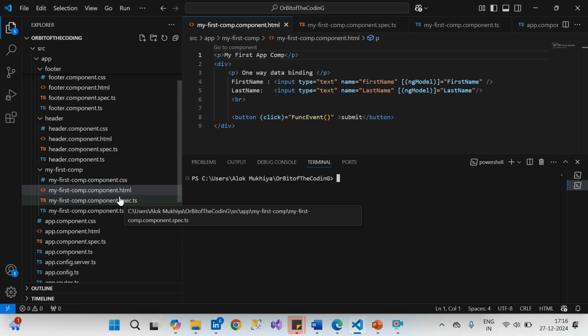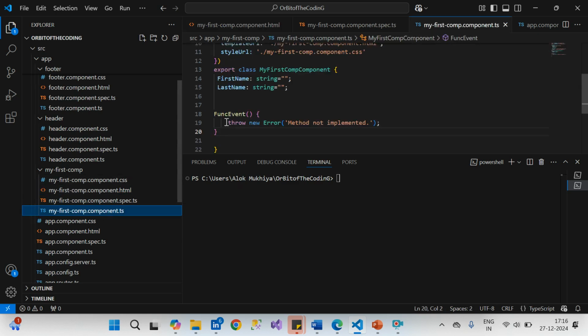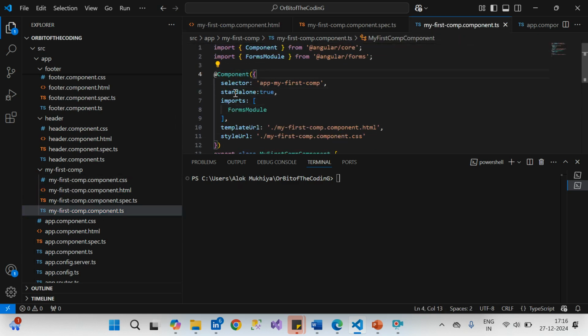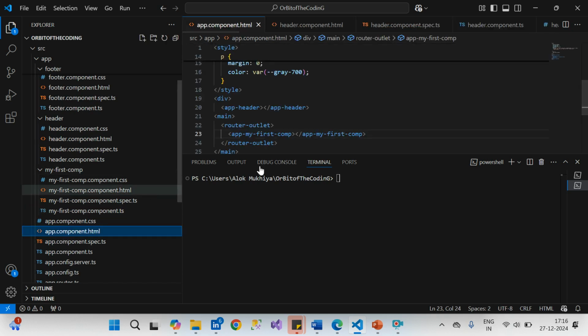In some upcoming session, I will also explain what is meant by standalone: true in the decorators. Here you can see that we have one property, standalone: true. This is a big topic, so I will explain later and give some specific examples. So here you can see that we have created